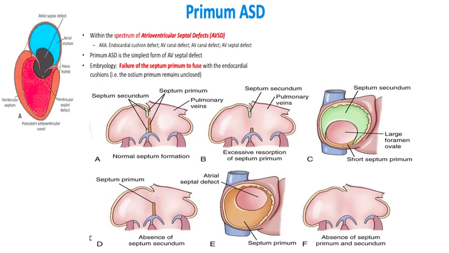When the septum intermedium is not being formed, the septum primum will not be able to approximate to the septum intermedium when it is not there itself, and the ventricular foramen will be persistent because the